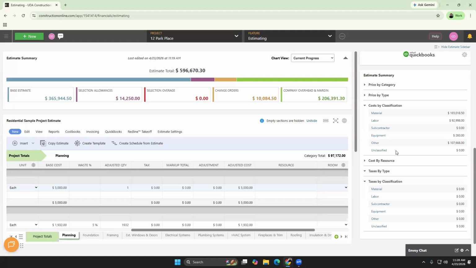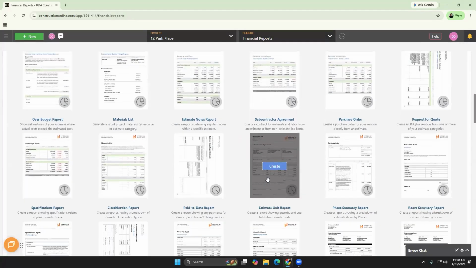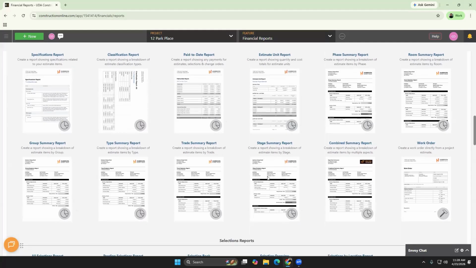Okay, so now let's jump back to reporting, but for resources. The accountability doesn't just live in the estimate, it's also in that reporting. So let's look at the materials list report. When we're thinking about assigning resources and the types of values and reports that you can run from that, if you go back to the financial reporting section, we have a materials report. You can go in and select the materials report,